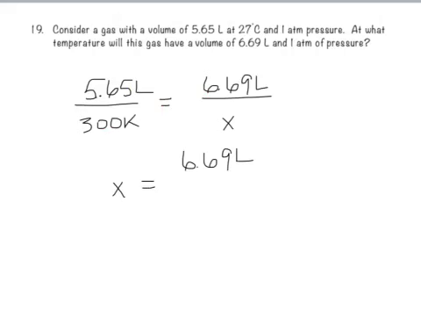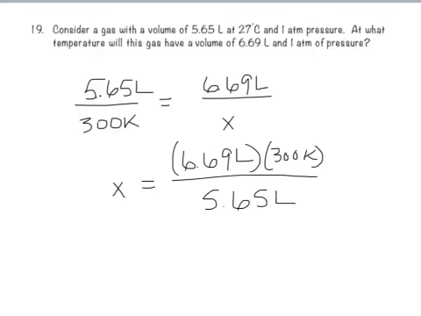6.69 liters times 300 Kelvin divided by 5.65 liters. If you've set this up correctly, the liters should cancel because you have them in the numerator and the denominator. You're left with Kelvin, which is awesome because we're looking for a temperature. So if I multiply and then divide, my answer should be